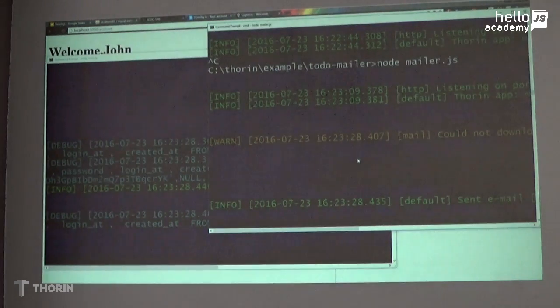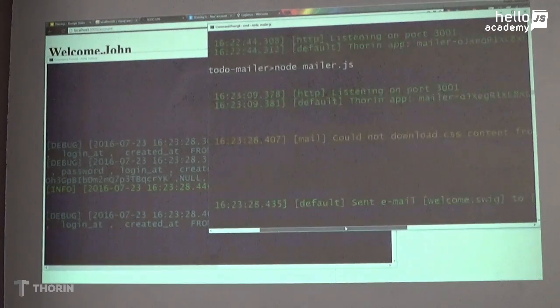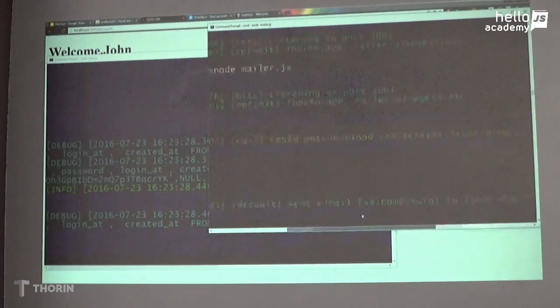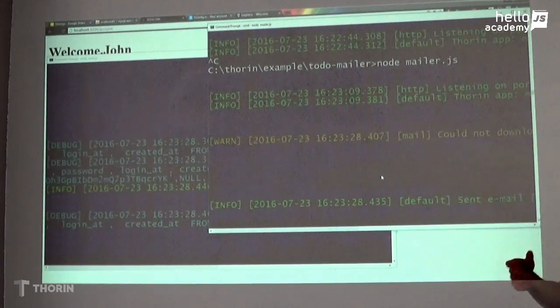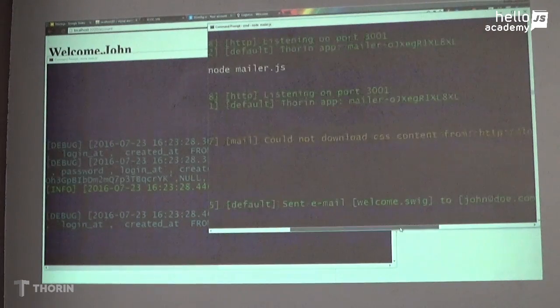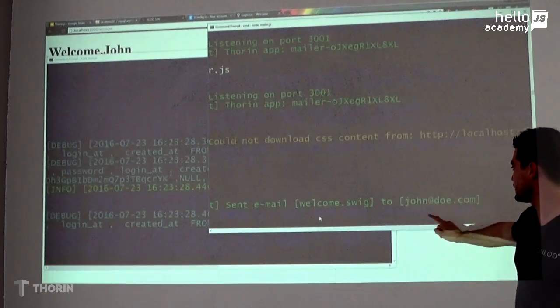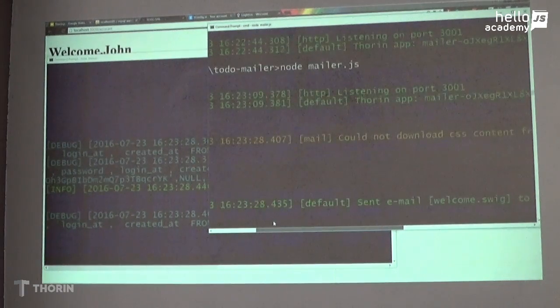I'm sorry. So this, the black part here says mock email welcome.swig to John Doe with subject welcome aboard. Now that means that it sent the email, well, it tried to send out the email. It didn't send it actually because the actual sending is disabled, but nevertheless the log.info is called here, send email to John Doe. The mail.send post request is finalized, and the only warning that we had was could not download